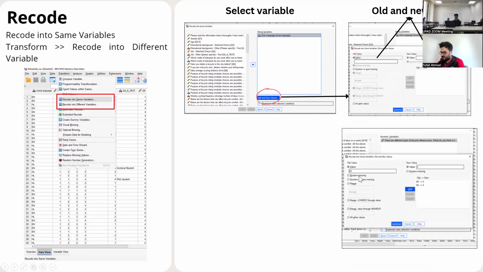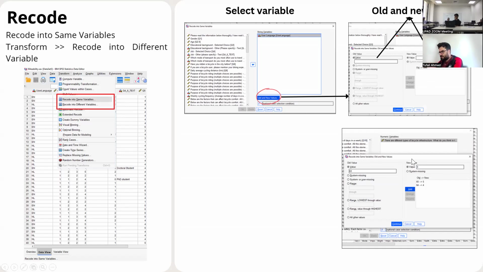Here is an example. Let's say the old value was 63, because in this data sheet I used a scale of 1 to 5 to give importance to variables. But somehow it was coded wrongly. 63 was showing moderately important, and somehow the data entered was wrong, so I have to fix it.